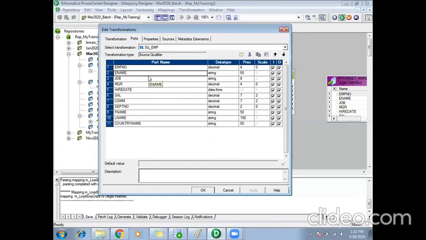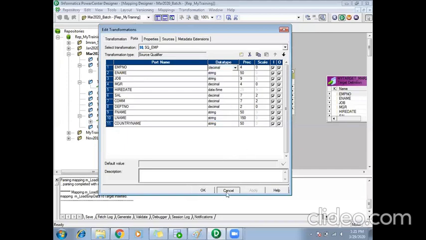The data types in the source qualifier are changed to Informatica native data types. These are Informatica data types. I don't have a number here. There is no number data type in Informatica, and there is no varchar2 data type in Informatica. So it has changed from database Oracle data types to Informatica native data types, from the source definition to the source qualifier.